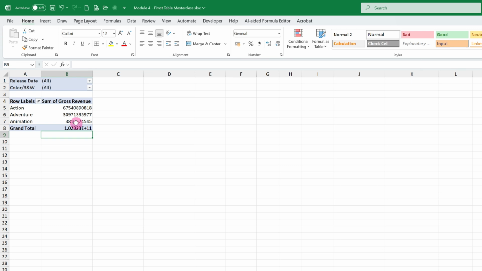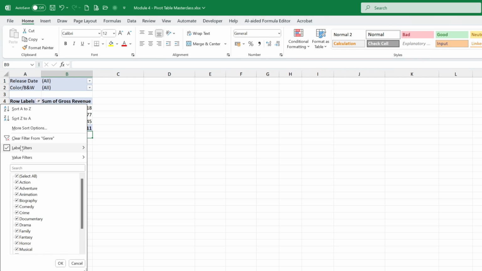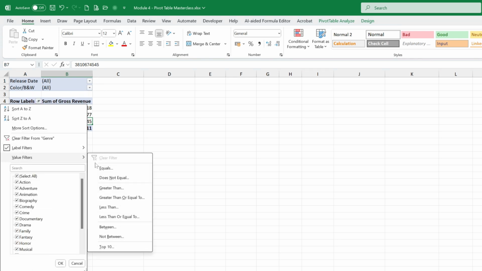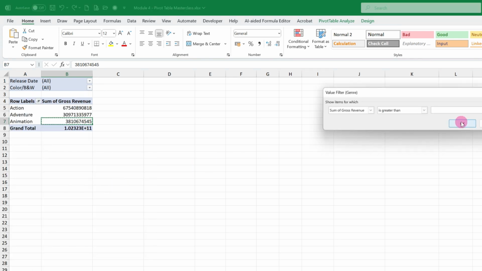Now out of this, if I want to see only those movies which are greater than some number, so this is label filter. Label filter works only with text, but if you want to filter using the value, then how do we do it? Let's go to value filters and then let's copy some number like this one. I will copy it, and then go to value filters, greater than, paste what I have copied and then put 6. So imagine when I click OK,